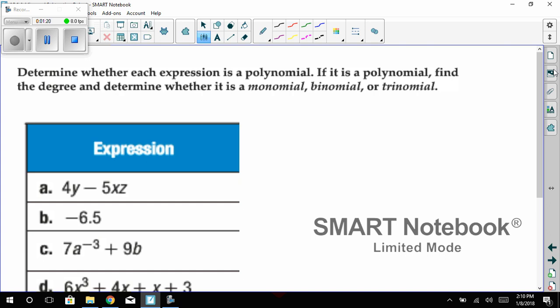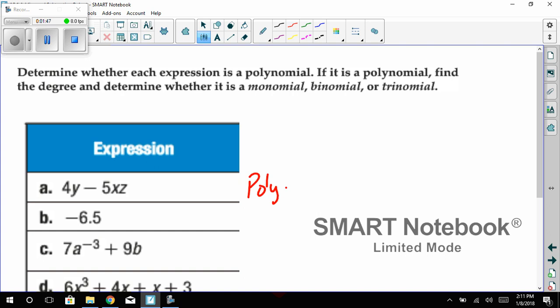4y minus 5xz. Well, we just have to determine, is each thing a monomial? And then that's the difference, so that would be acceptable. Well, 4y is a monomial. It's just a product of 4 and y. 5xz is just a product of 5x and z. So both of those things are monomials. So it is a polynomial. Okay, now we need to determine the degree and whether it is a monomial, binomial, or